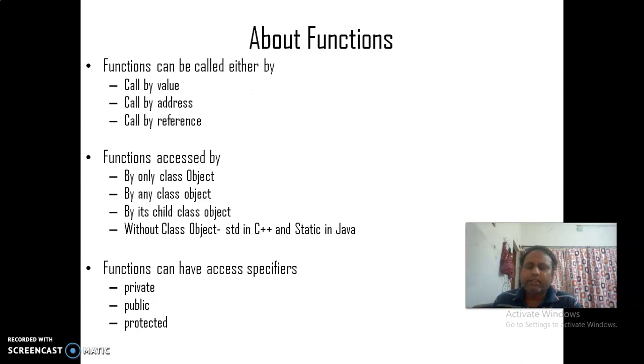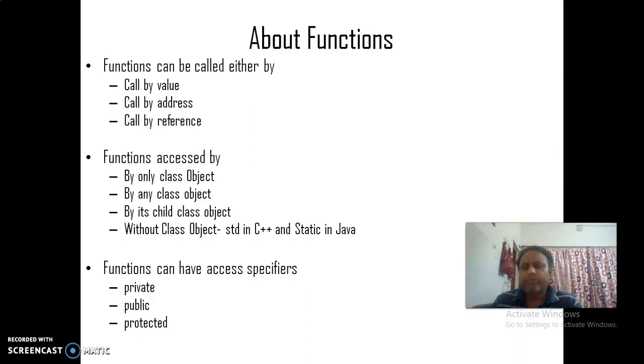Similarly, functions can also have access specifiers, as we had seen in terms of variables. Here also functions can have private, public and protected. We can grant access to our functions to another class.